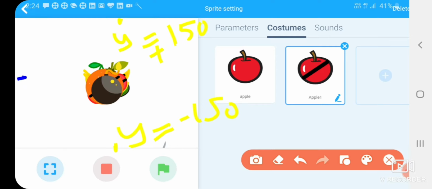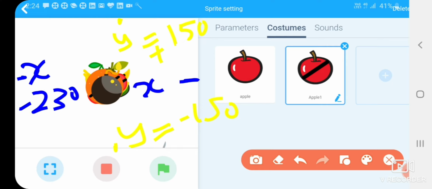And at this point the value of x is minus 230 and at this point x is plus 230.